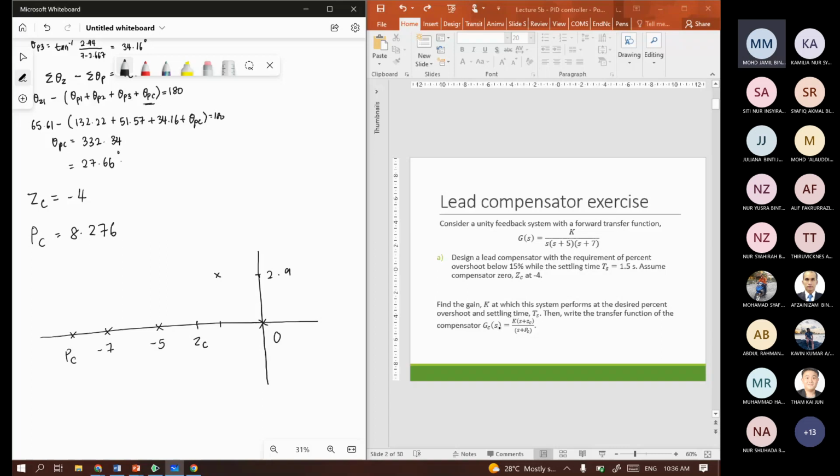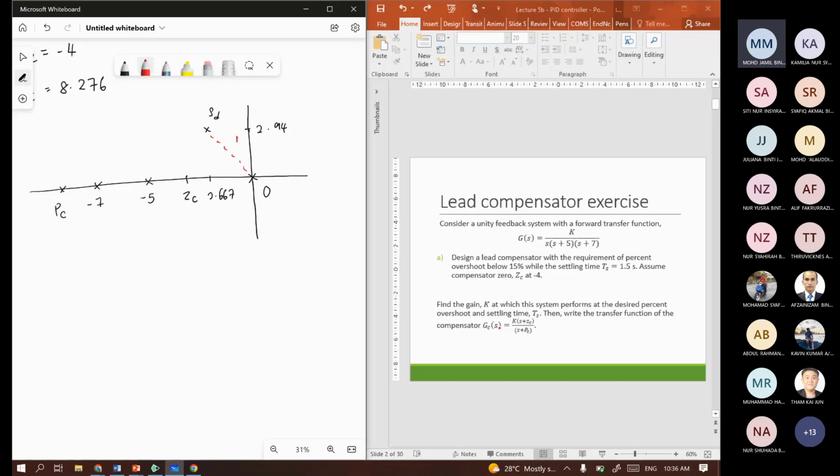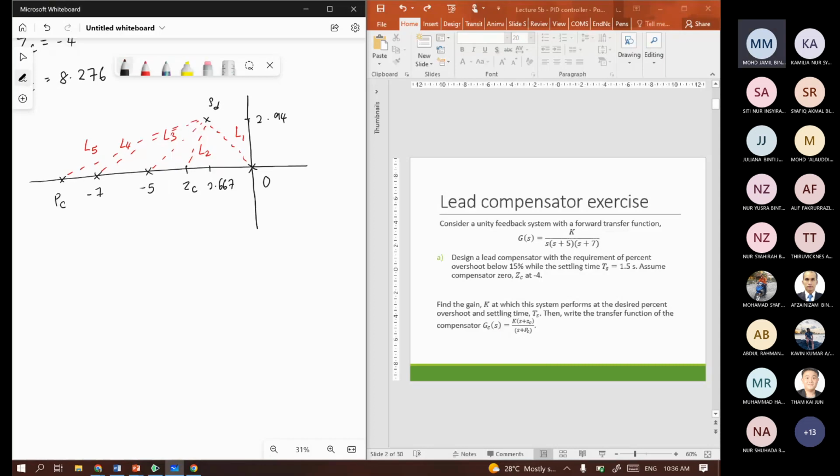Okay, so what you need to do is find this length. Let's say L1, L2, L3, L4, and L5. So let's find the length first. L1 equals, just use Pythagoras theorem, okay? Pythagoras theorem. So you get square root of